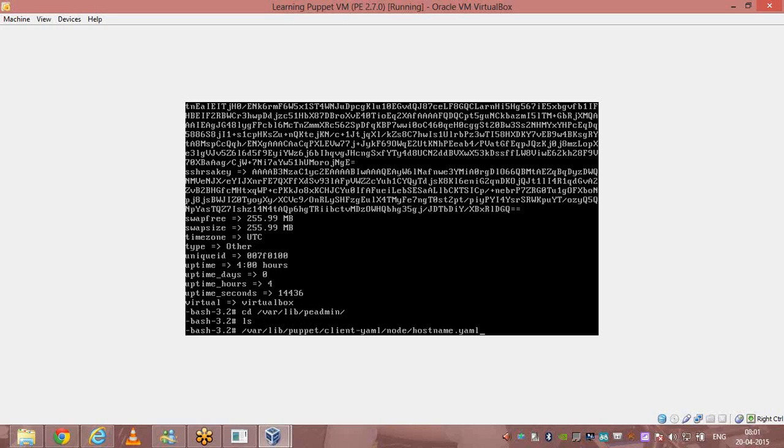This has the information of each individual node. In the master. So when the puppet agent connects to the master for the first time, it gives all the facter information, and the master stores that information into this file based on the hostname. If it is from agent 1, it will give agent 1